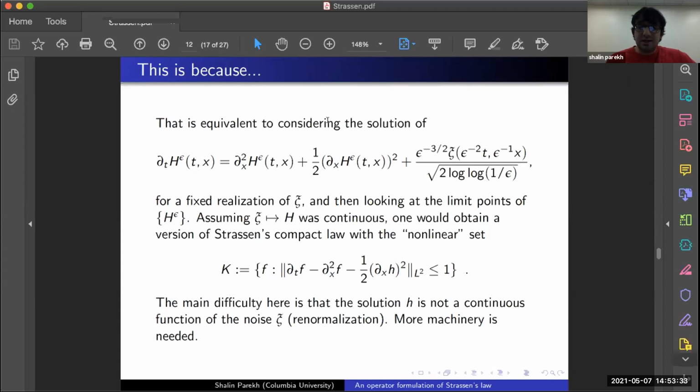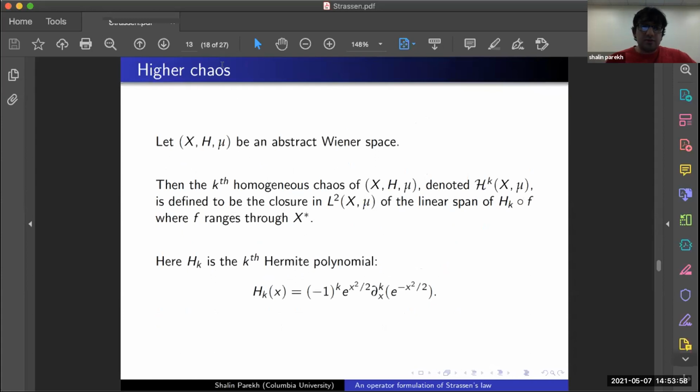And again, it's not continuous because you need to renormalize, because this equation is very ill-posed and you have to subtract a large negative constant to make sense of this square, okay? And so you need more machinery to prove this sort of nonlinear Strassen's law for these type of equations. So again, we wanted to do this in some abstract formulation that would be applicable to other equations as well. And so we needed to formulate a version of our previous result